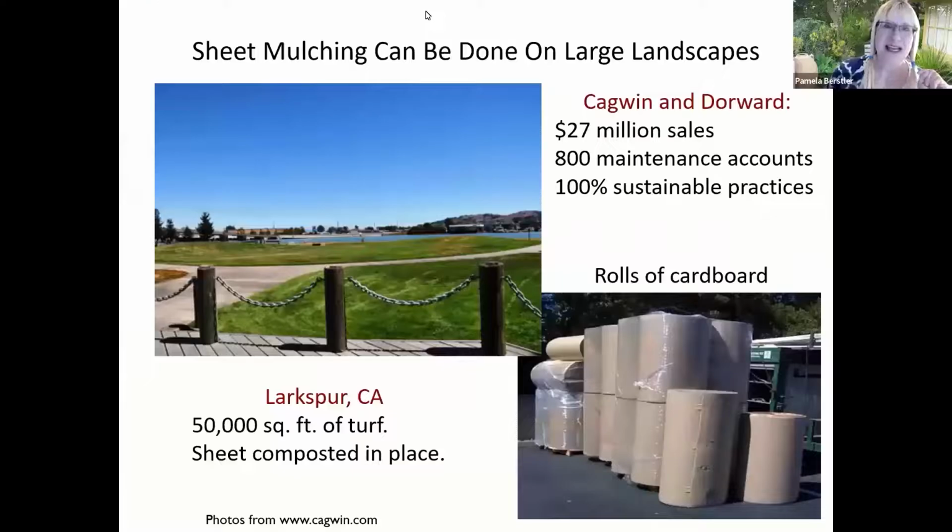Don't bother. There is a case study that is going to be in your packet, and it's very, very interesting to take a look at. It did happen in California, but I like to include it because people often think about these processes of converting landscapes into living soil as being something that can only be done in very small scale. And this company, Cagwin and Dorwood, is a large maintenance company, and they actually remove grass only through sheet mulching, which is essentially a process of laying